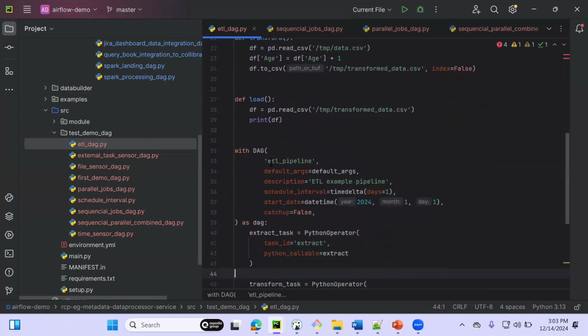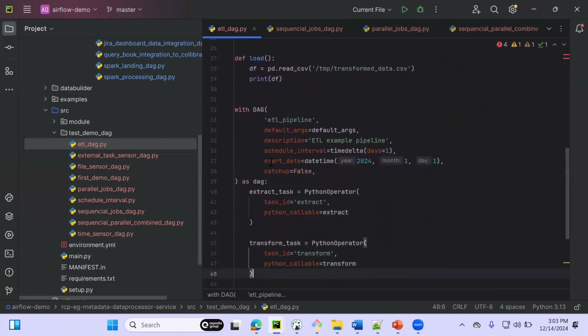So I have 3 functions. Now to run these 3 functions, I have created a DAG. In that DAG, I am naming this as ETL pipeline and default args equal to default args. And then description ETL example pipeline, schedule interval, timedelta, and start date, datetime, and catchup equal to